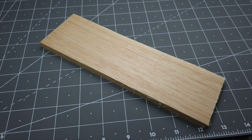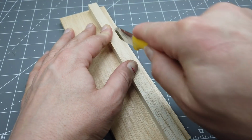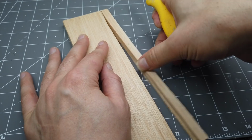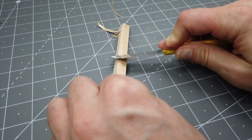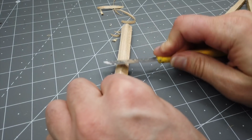pine trees, and for this I used some balsa wood, which I cut to size just using that very sharp florist's knife. You could use doweling, but I didn't have any, so I used this 8mm board instead, cut to various heights, the tallest of which being about 20 centimeters. And after that it was just a case of whittling them into a trunk shape with a fine point at